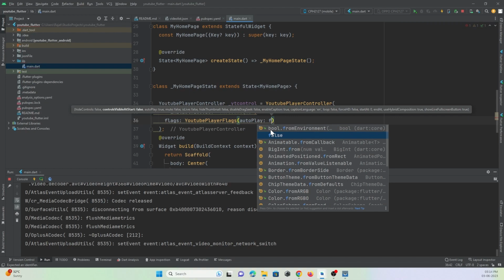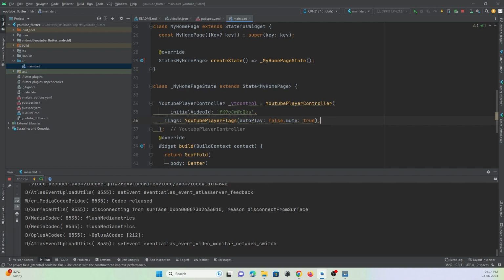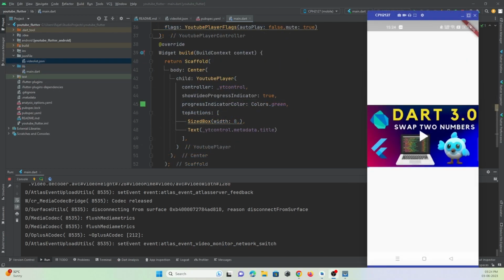So by default it is true. And if you want to make the video muted at the beginning, then you can just set it to true. Okay, so like this you can just customize your video player controller. So now we have learned how to make use of the YouTube player package and how to load YouTube videos